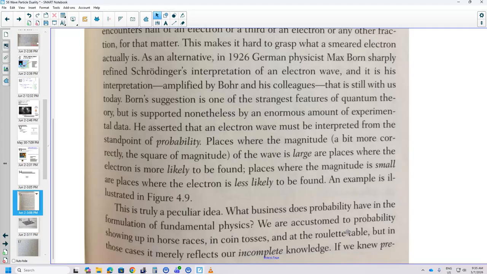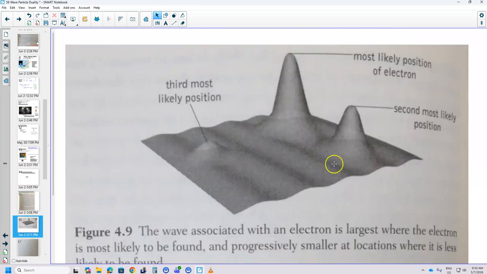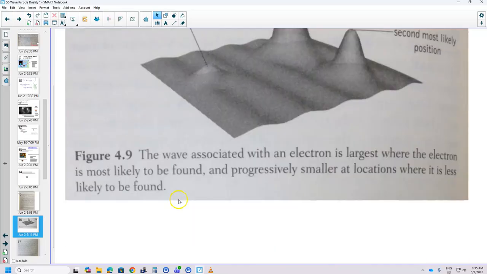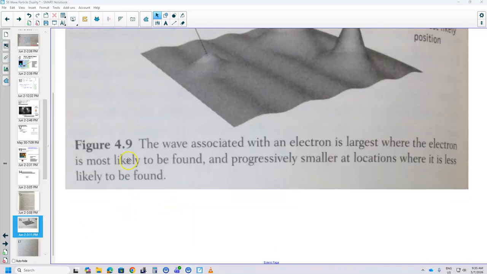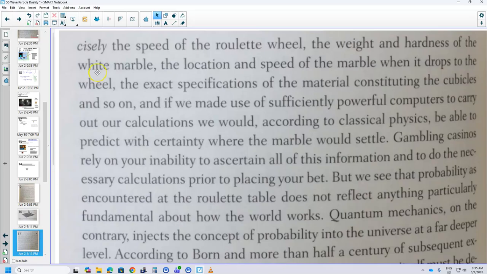What business does probability have in the formulation of fundamental physics? We are accustomed to probability showing up in horse races and coin tosses and at the roulette table and so on, but that just reflects our incomplete knowledge. If we knew this is the most probable spot to find an electron, the second most probable spot, and so on, right? It says, though, if we knew precisely the speed of the roulette wheel and the weight and the hardness of the marble and so on, the location and speed of the marble when it drops into the wheel, the exact